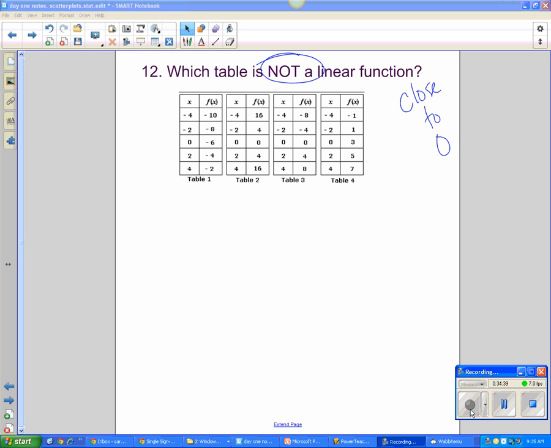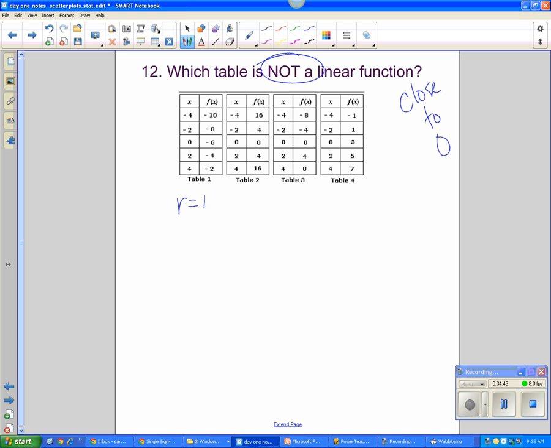Okay, what did y'all get for the first one, table 1? 1? Okay, what did you get for table 2? What about table 3? And table 4? What is the answer on this one? B. 0. Gives you 0. Okay. Any questions? Yes. Yeah. Let me go ahead and